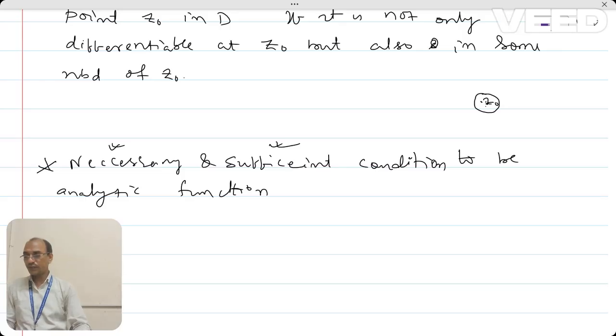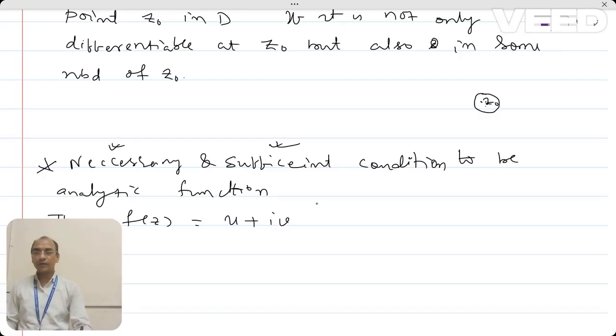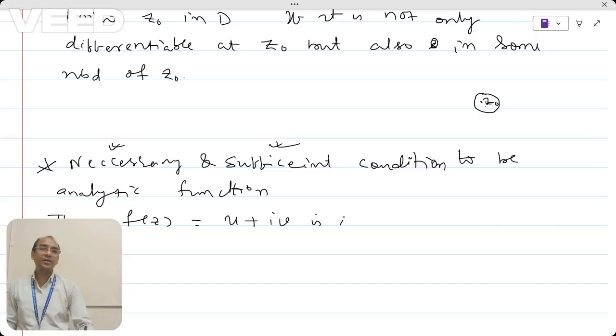So the function f of z, which is nothing but u plus iv, is said to be analytic